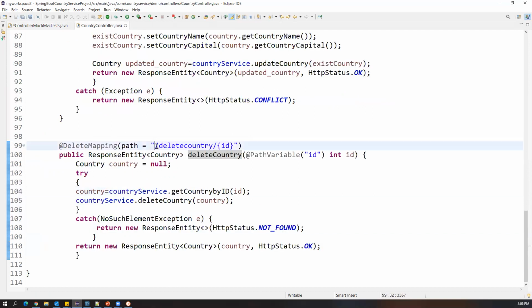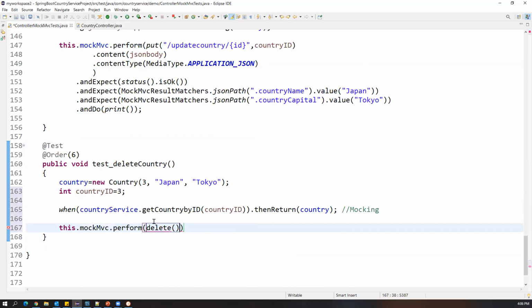Just copy this URI and specify it here in double quotations. When you send this delete, along with it we also have to pass the ID. 4 is an ID, or else we can just pass the country ID. This is 4 or 3. This is what we are expecting, and when you pass this, it will go and delete.